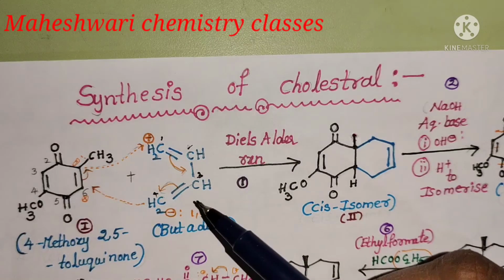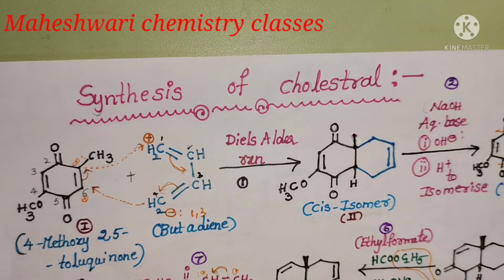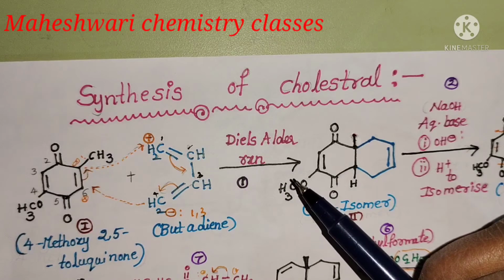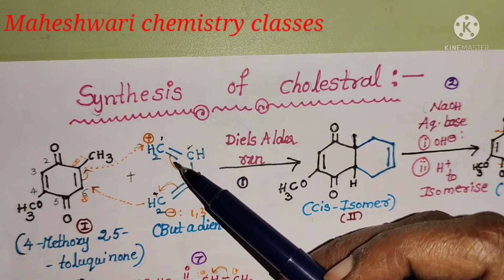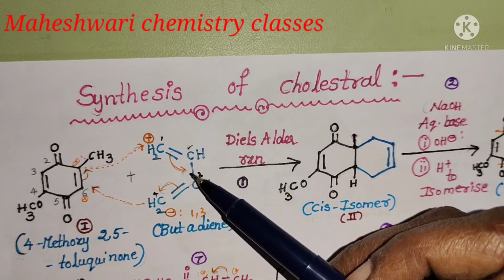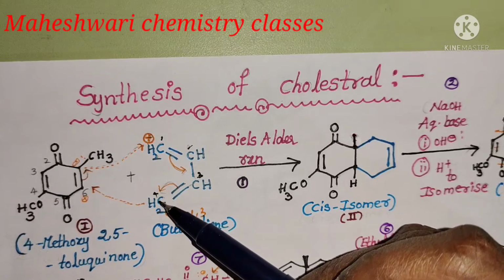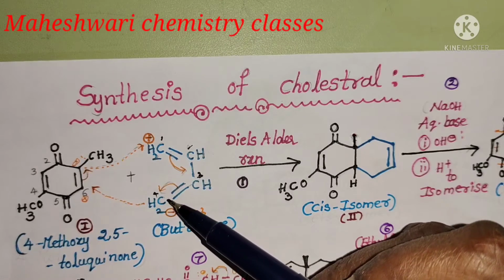The diene reacts with the dienophile and forms an adduct. So this reaction is nothing but the Diels-Alder reaction. In this reaction, the CH2 containing the double bond is rotated towards this side. Here the negative charge increases. Due to that, the electron transfers again this side. Here a positive charge, here a negative charge is present.